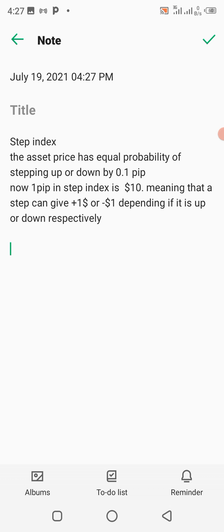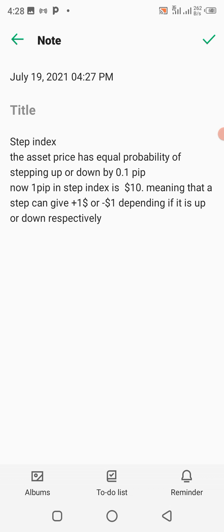Okay, because they have to vary so well so that they can actually mimic what is happening in real world situation, so they are continuous in nature. Now the main thing is, how do you make money here? Trading step index with this